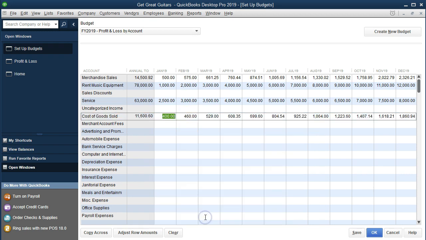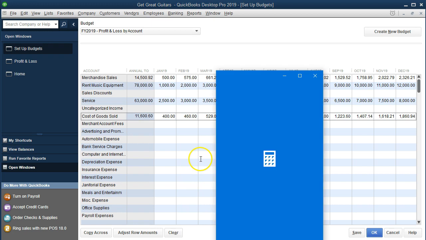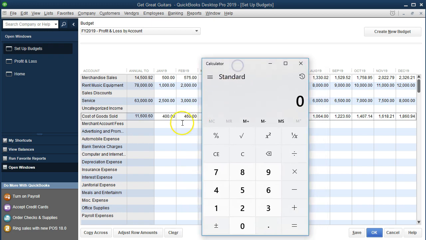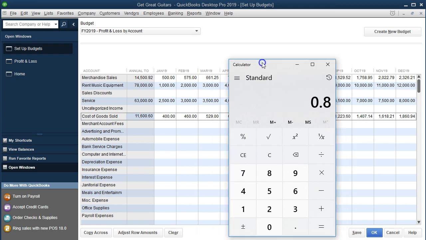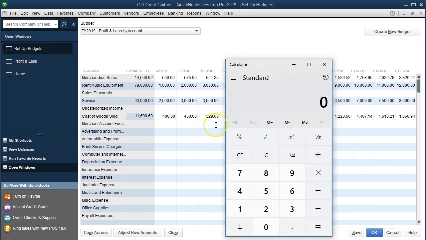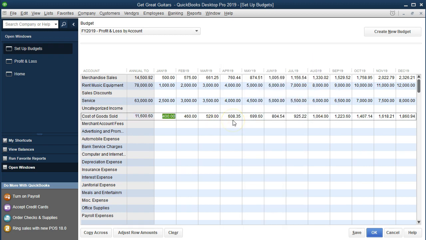So we'll say okay, and then kind of check that. We could say, well, does that make sense? I mean, if we were here, that would be cost of goods sold is 460 over the sales price up here is 575, 80%. So it's right. And then here we're going to say it's 528 divided by 661.25 is 80%. So we're keeping that basically profit margin of 20 going through the entire month or the entire